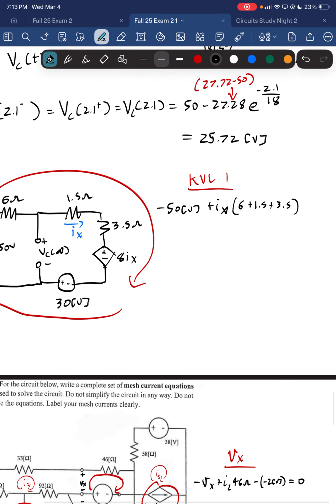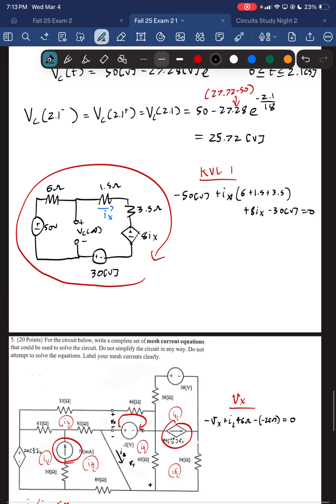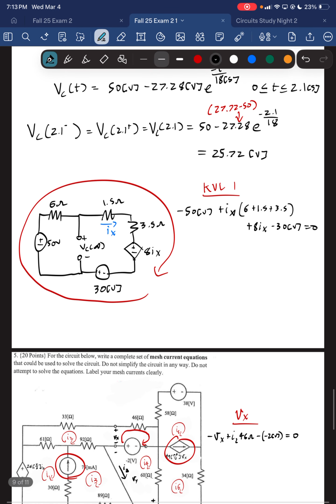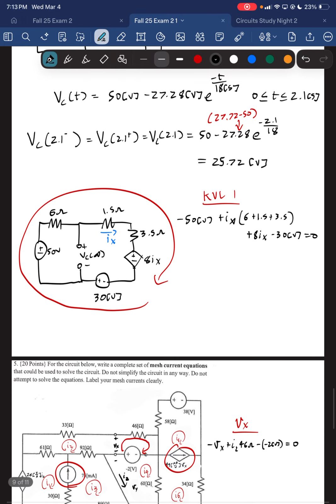And then plus 8Ix minus 30 volts equals 0. Does everyone see where that comes from? The reason that works is because your dependent source also is dependent on the same current that is in that loop. So it's very convenient, because we can use this equation to solve for Ix